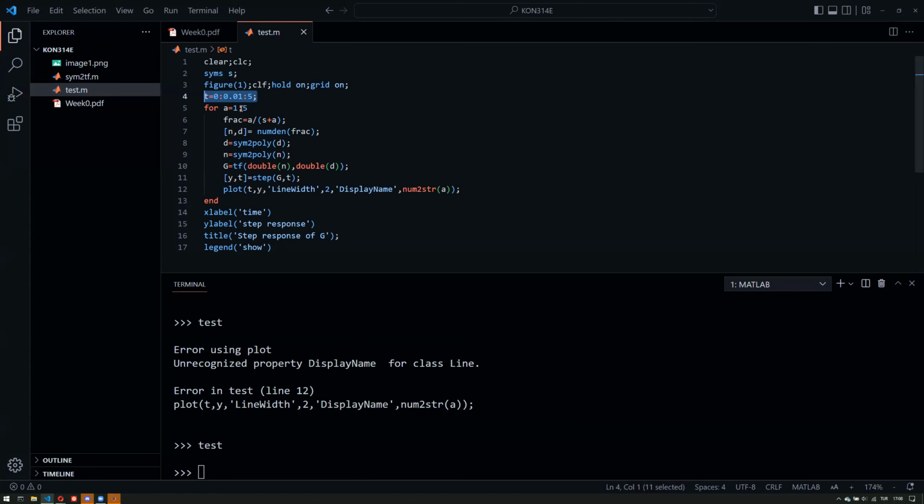So grid on places a grid. This is the time vector. And we changed the variable a starting from 1 with increment 1 up to 5. And the fraction or the transfer function looks like a divided by s plus a. So it's basically a first order system with pole starting at 1, going up to 5 by increment 1. We take the numerator and denominator. You can use simply double(coeffs(s, 'All')). We extract the numerator and denominator, convert them into vectors, convert that into a transfer function,